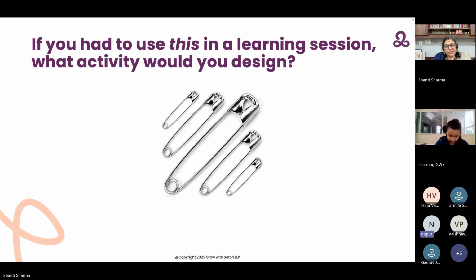Or the second thing that came to my mind is that if it is a workshop on creativity, then possibly giving them some materials and asking them to create something. It could be an outfit or anything, but only with safety pins. When you're not given, say, a needle and thread to stick things, how can you put together something held together only by safety pins? Yeah, creativity definitely holds there. Wonderful. What other ideas? Yes, Rimpa.